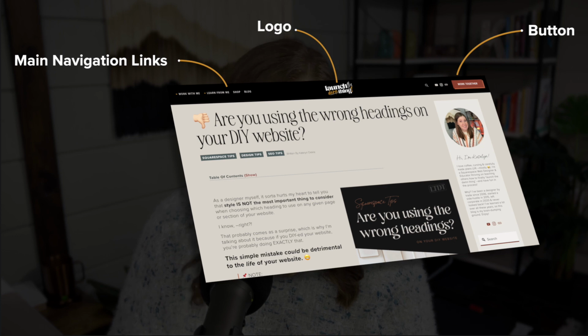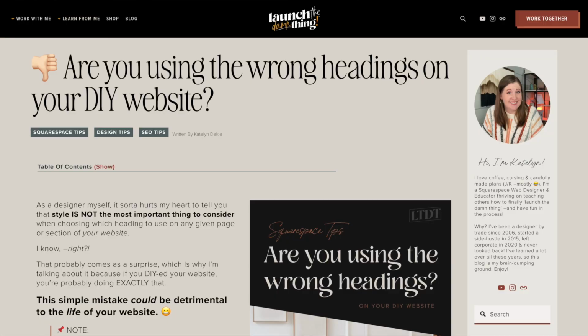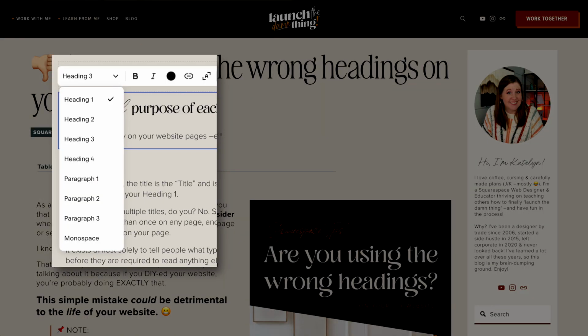So usually that's a link to your about page, your services, or your shop page, maybe a blog if you have something like that, portfolios, a button to some sort of call to action to work with you, to buy from you, to sign up for a membership, to do something that's really important to the overall business. But that's a header. What I'm talking about today are actually the titles in your website pages